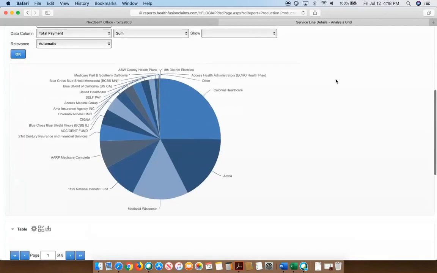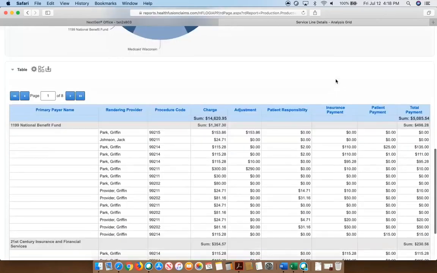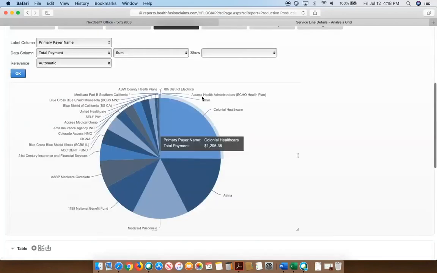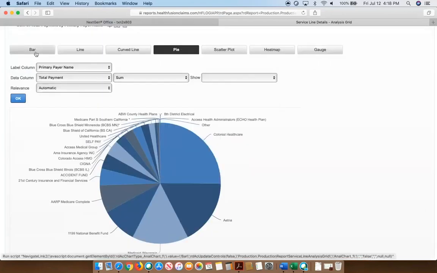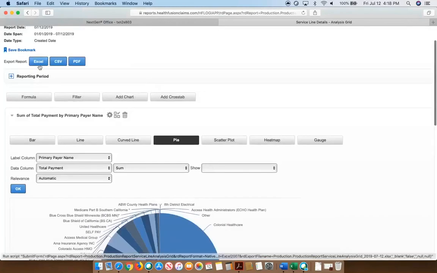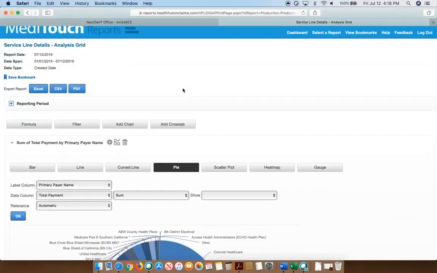Interesting. So again, lots of different ways that you can look at this. You can customize your own data tables in these analysis grids. You can create your own charts, whether it's a pie chart or a bar chart or something like that. All of these reports can be exported into Excel, CSV, or PDF files. And once you play around with this a little while, maybe customize a few of your own reports, come up with some reports that you really like,